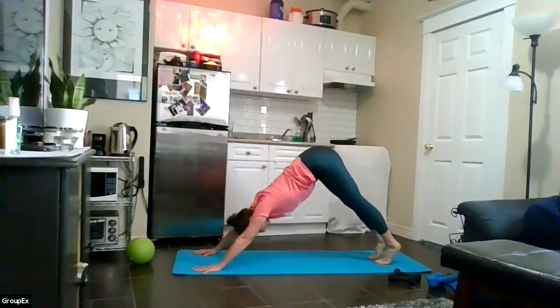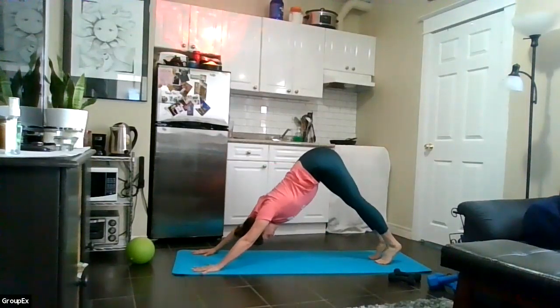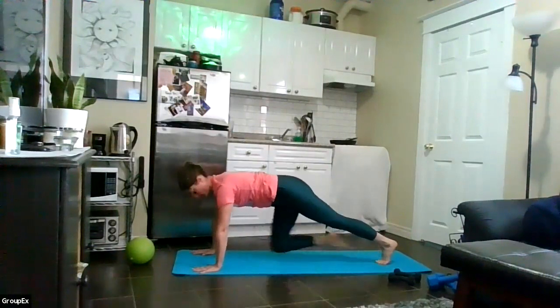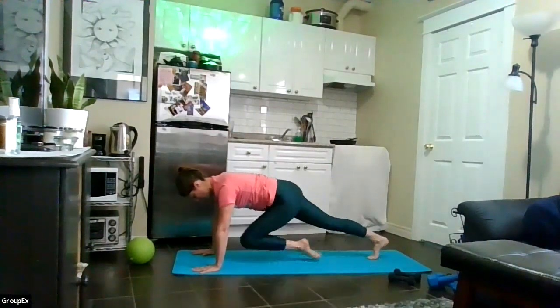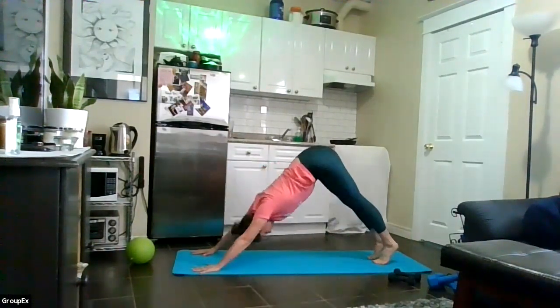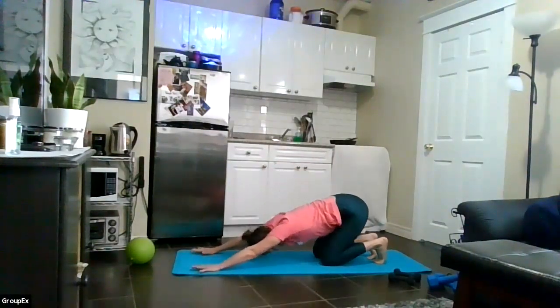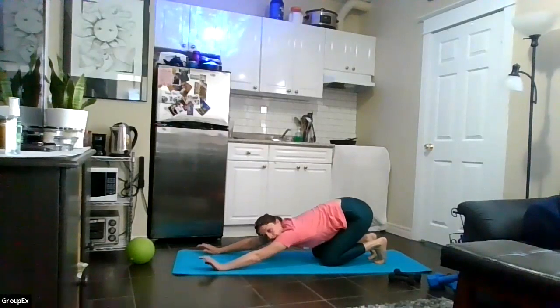Inhale, bum up. Exhale, forward. Last time. Right leg. Left leg. Bum up. And lower the knees. We're going to take us into a lunge. I want you